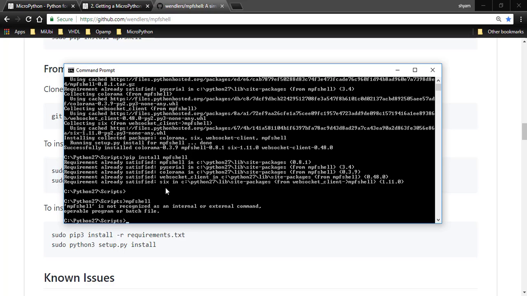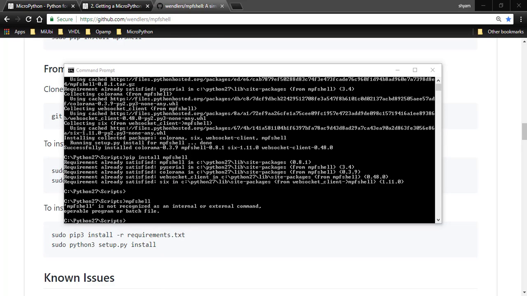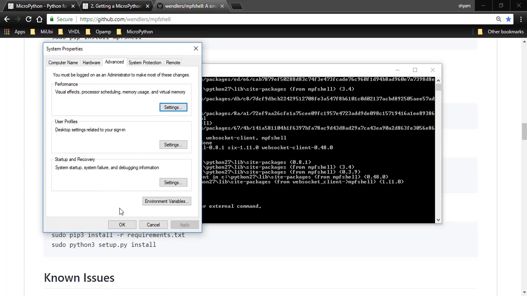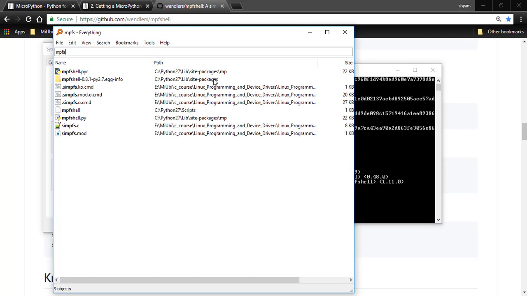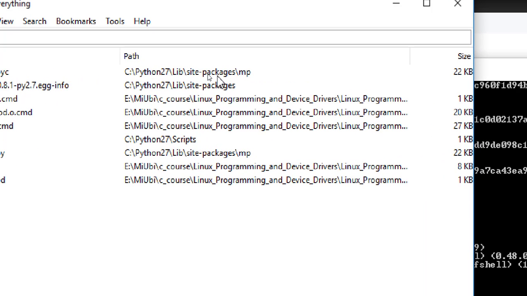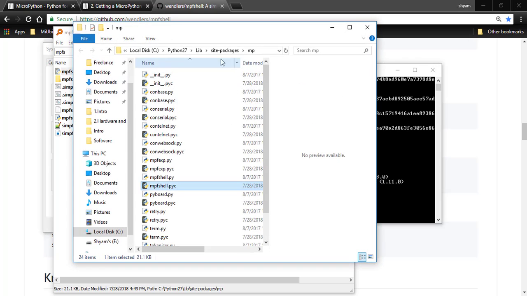I am not able to run it. This is for the simple reason that the command line is not able to identify MPF shell. Go to environment variables and add this MPF shell application into your environment variables path. Now I have to find out where MPF shell is. My mpfshell.pyc is present in lib site packages. And now I shall copy this path, open the path, copy the path,